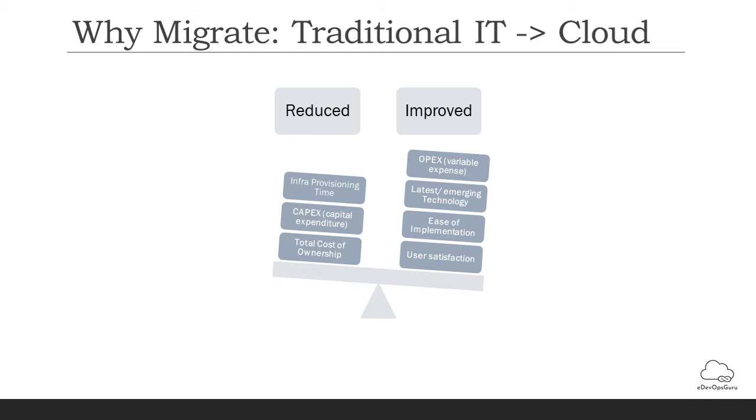Now we will discuss why organizations across the world are moving from traditional IT systems to the cloud. Here, traditional IT systems refers to on-premise data centers or hardware, which are generally maintained and managed by organizations' technical professional teams. In traditional IT systems, there is an upfront cost of infrastructure, that is CapEx, which further takes time, in some cases up to months or weeks, to procure and provision the hardware.